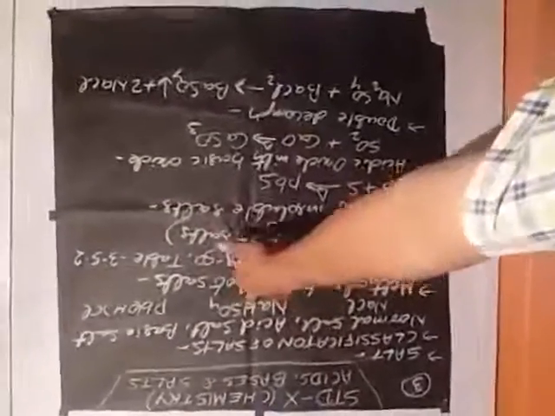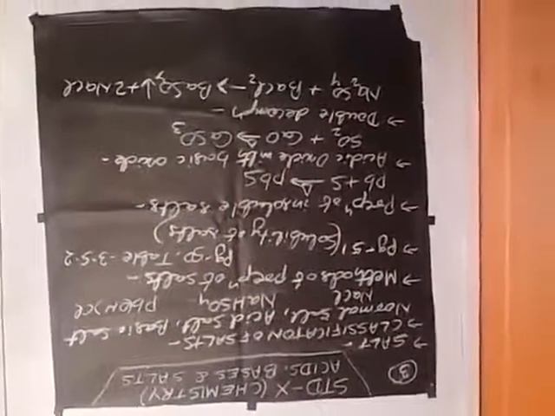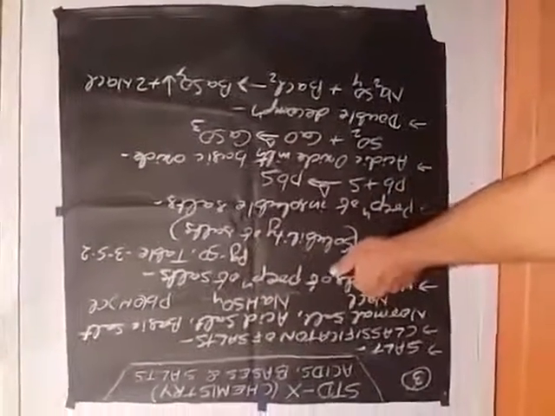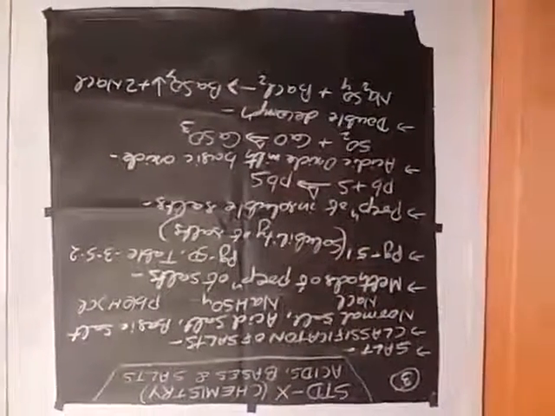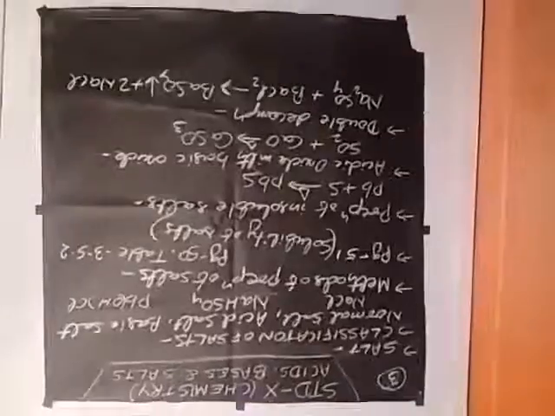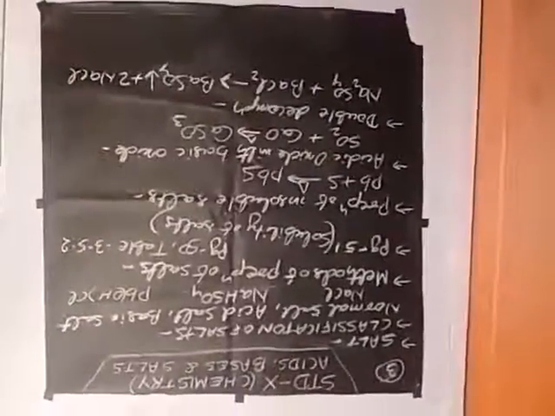With partial replacement, you get your acidic salt. If one or more hydrogen atoms are present in that salt, it is known as an acidic salt. If there is an absence of hydrogen, that is a normal salt. If there is a hydroxyl ion, that is a basic salt. So the classification of salts is generally normal, acidic and basic salts. Then the methods of preparation of salts.